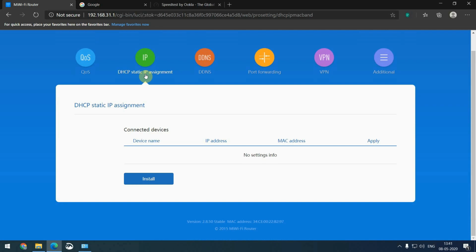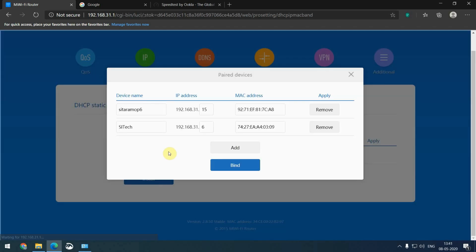Today a device may get an IP of 192.168.31.10. Tomorrow, whenever it is connected to the router again, it may not get 192.168.31.10. It's not mandatory. It will get an IP but not the same IP. So if you want to make it constant, here we can assign the static IP assignment.